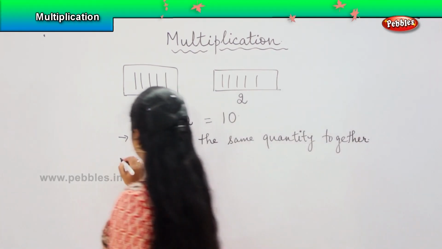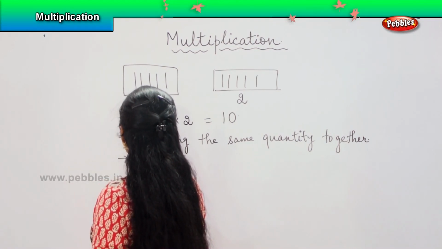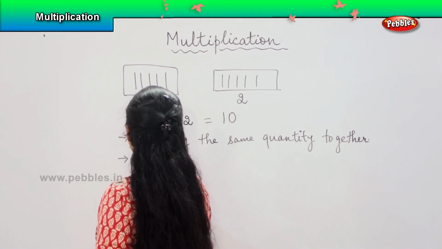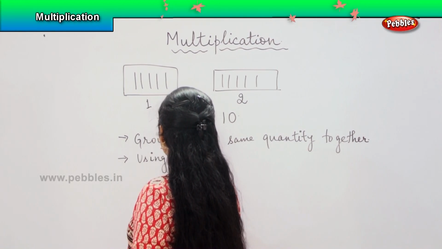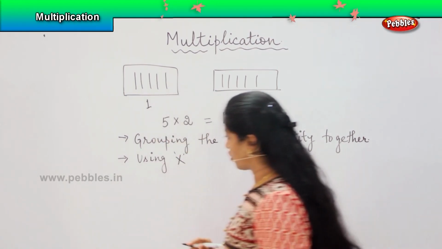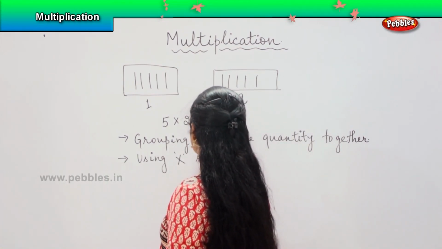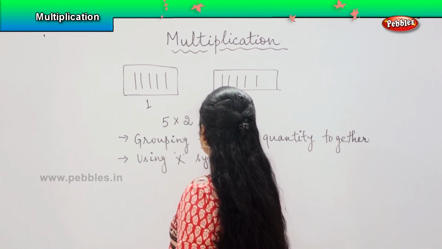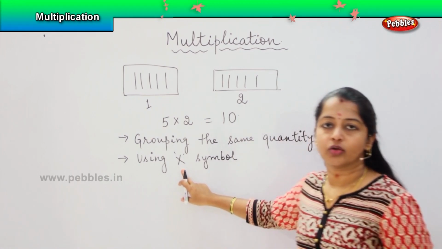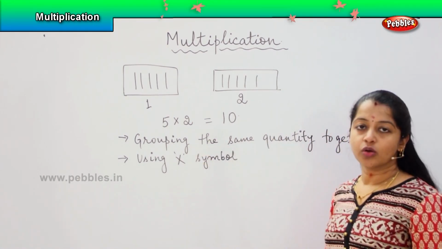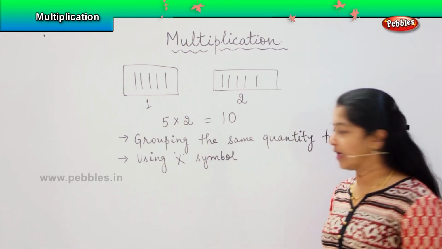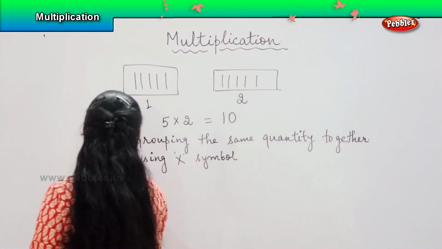What is the second step? Second step is use the into symbol. Into is nothing but my cross, right? So whenever you see this symbol of X or into, it shows that we need to multiply the product, okay? And the third point is